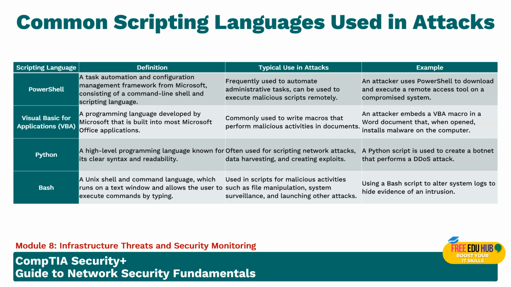Then we have Python. It's a high-level programming language known for its clear syntax and readability. The simplicity and power of Python make it an ideal scripting language for network attackers, automating data breaches and more. Like, they can write different kinds of scripts which would automate the attacks. Now, these scripts can be used to create tools and exploits, to automate sending phishing emails, etc. As we are talking about, they are used for data harvesting and creating exploits. So an example could be that you can write a Python script to create botnets that would perform distributed denial